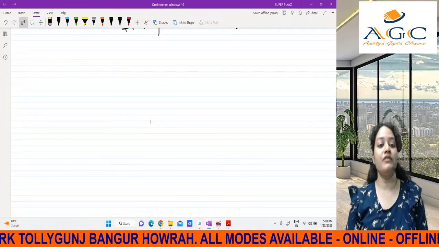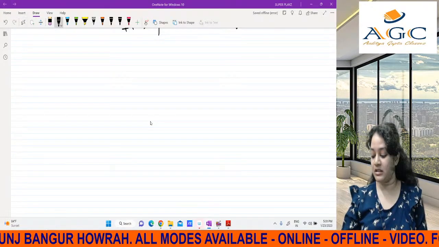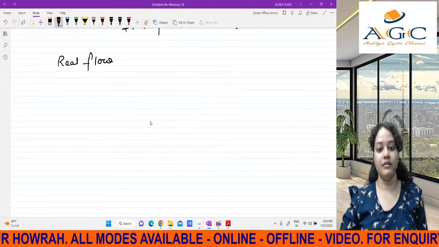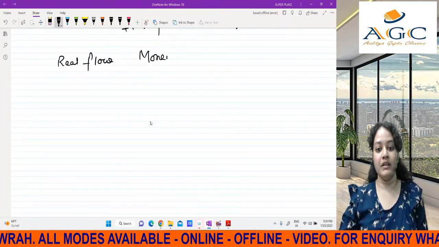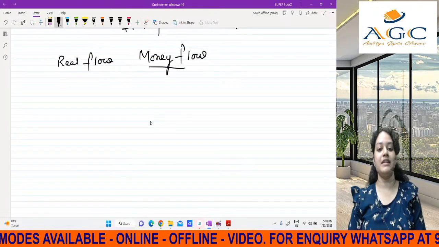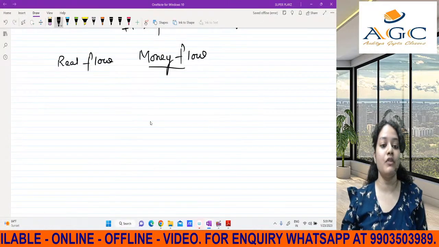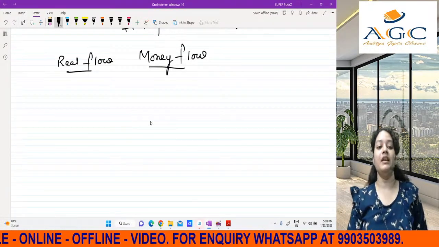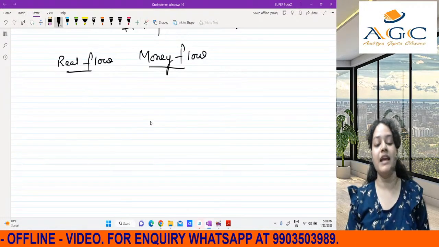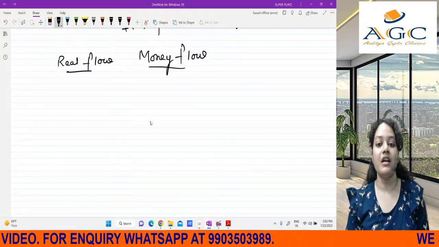Like in circular flow, first we need to know what are the two types of flows. The two types of flows that come under circular flow are real flow and money flow. Money flow, from the word we can understand that flow of money is happening here, and real flow is the flow of goods and services. Like for example, हम लोग अगर कोई firm के लिए work कर रहे हैं, the service that we are giving to the firm comes under your real flow, and we are getting paid for it, so that comes under our money flow.